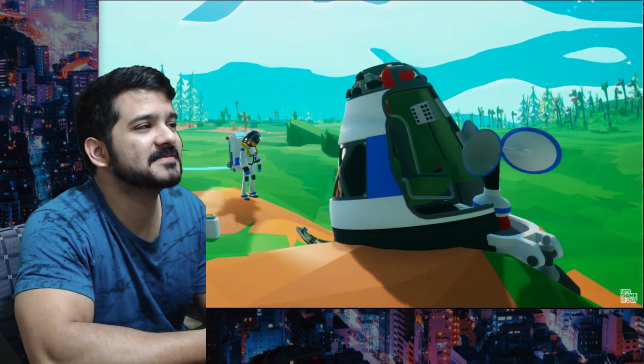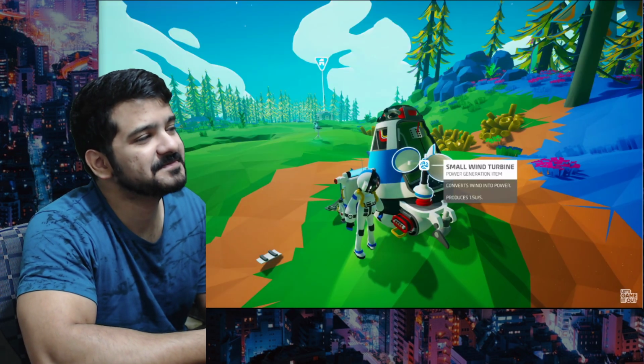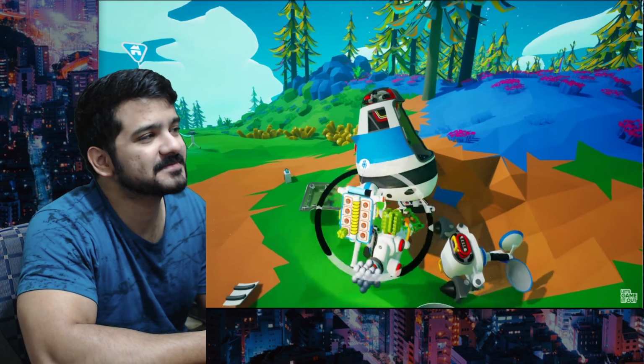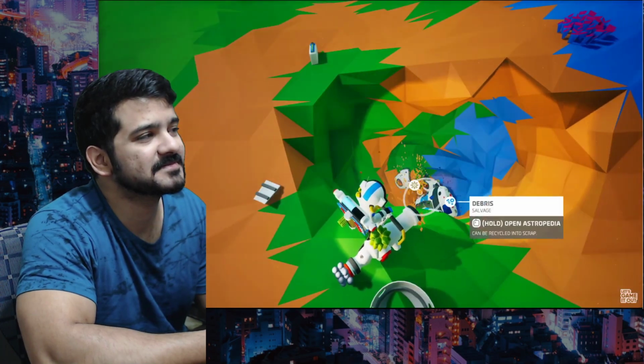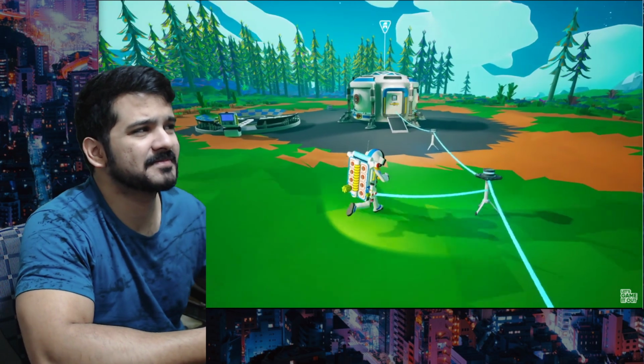Ooh, what do we have here? A spinny thingy, also known as a small wind turbine. Well, it doesn't look like we can pick this up right now. So instead, I guess we'll just bury it. There you go, precious debris. Have fun in your new home. I'll come back for you, maybe. Anyway, now that we've got the basic...